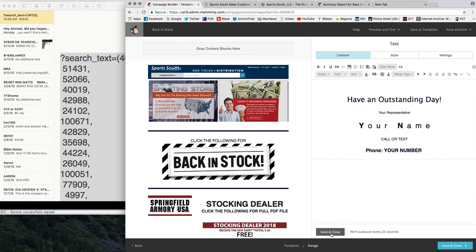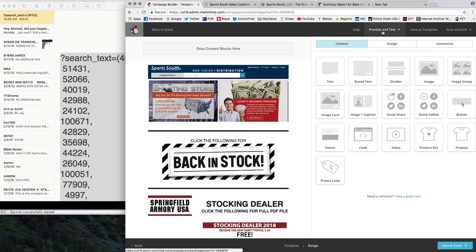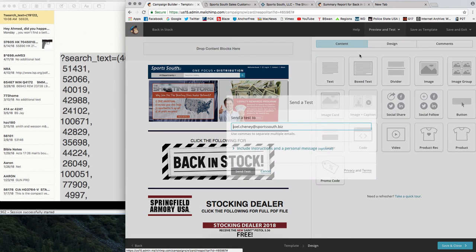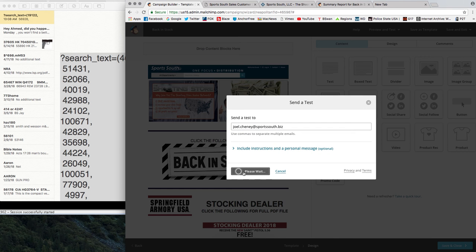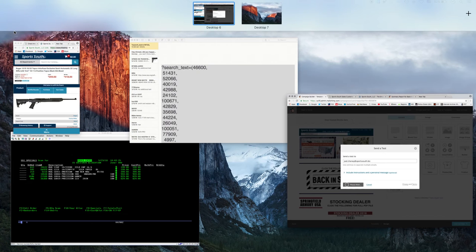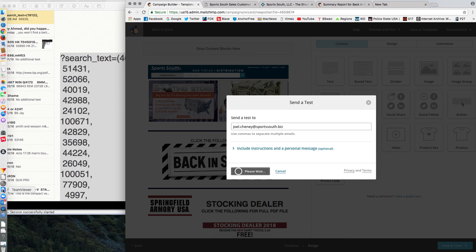So now what I would do is I would go save, I would preview, send a test email. I'm going to send it to myself. I'm probably not going to get it in time to check it in front of you because it usually takes a minute to get there. But what I do, I always check my email two or three or four times because